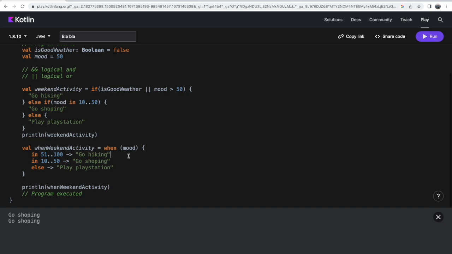So in the switch operator, usually you compare one single variable to some options, like ranges or an exact number or anything else, but you compare a single variable or expression. For Kotlin when, you can basically remove this,